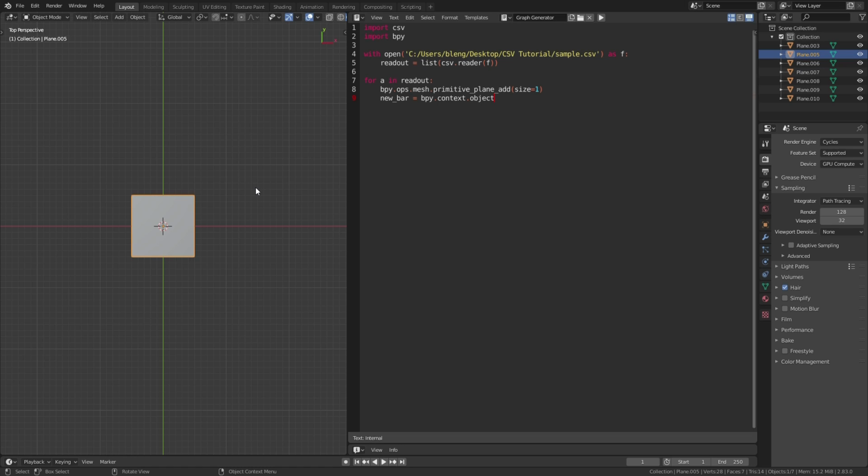So now we're going to access some mesh data and move some vertices around. For that, we'll create another for loop. So at the end of this line, I'll press enter twice to skip a line but still remain indented there. And now let's type in this line. For vert in new_bar.data.vertices: